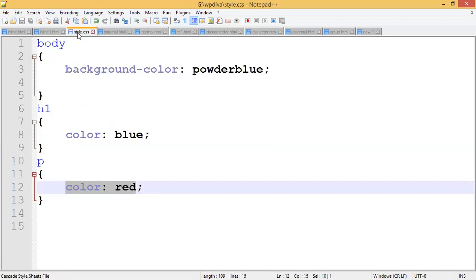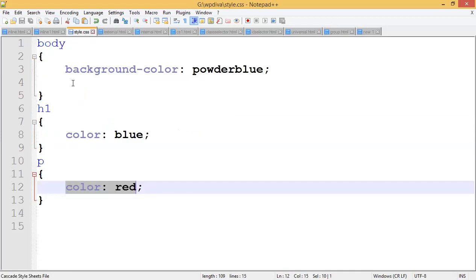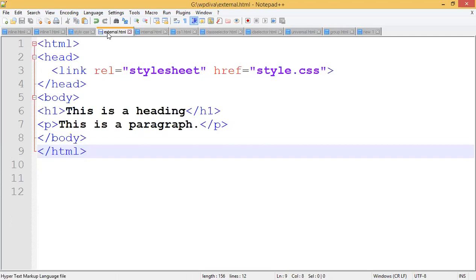We created one style sheet, and by using this style sheet we went on applying these parameters into this file. We imported that style into external.html. So what is the advantage of this? Once you decide the style, you can keep on importing these style sheets into n number of files. Are you getting? What will happen because of that? A lot of code will be reduced in your HTML file.